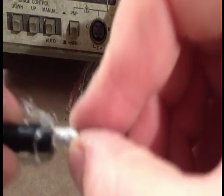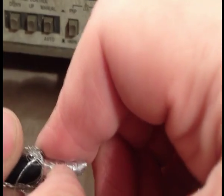Okay. And you have a nice center conductor. Okay. And you got your foil and innards. And by the way, I don't know. Somebody said to me that this inner conductor is steel or copper clad steel. I don't know if it is or not. So now I'm going to go ahead